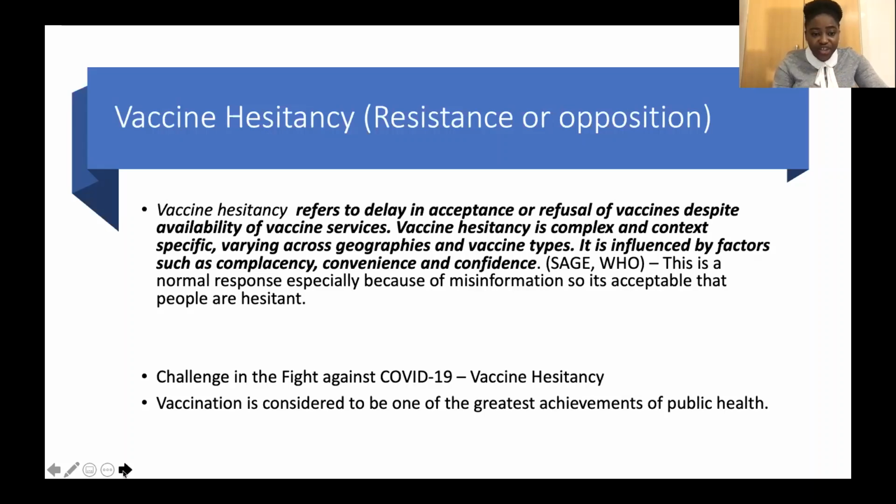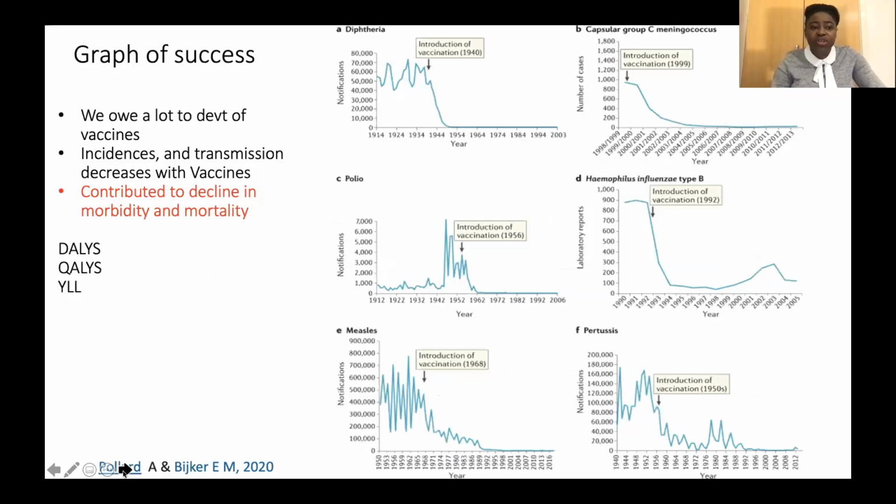And vaccinations are considered to be a great public health achievement. We owe a lot to the development of vaccines, because incidence and transmission all decrease with vaccines. And looking at this graph, I call this a graph of success, because it shows us some illnesses that we had in the past that have now been either controlled or eradicated. And we can see here on the top,